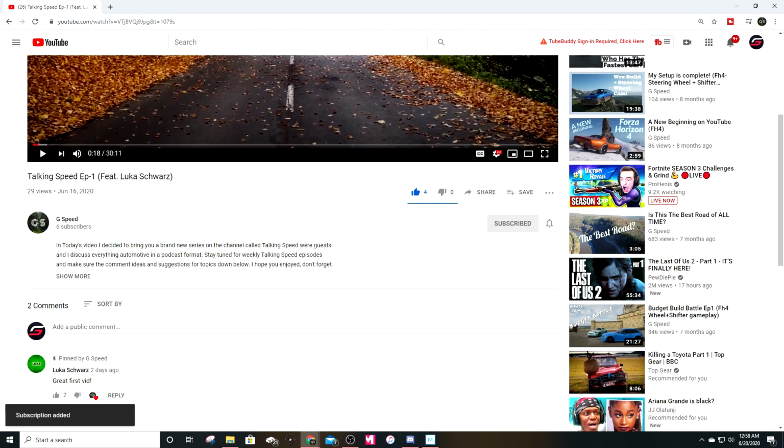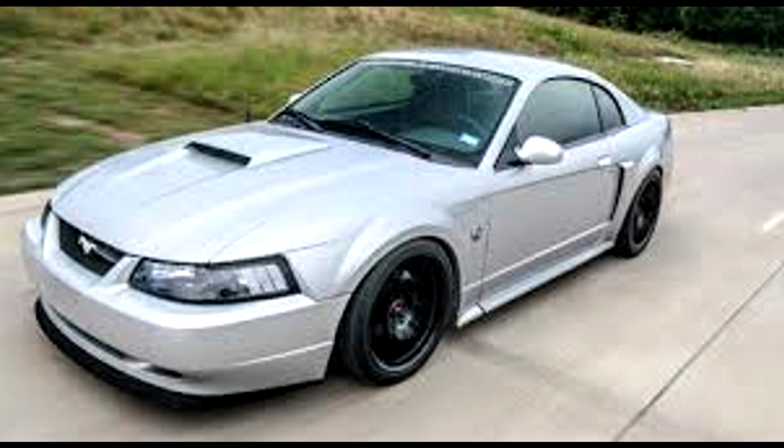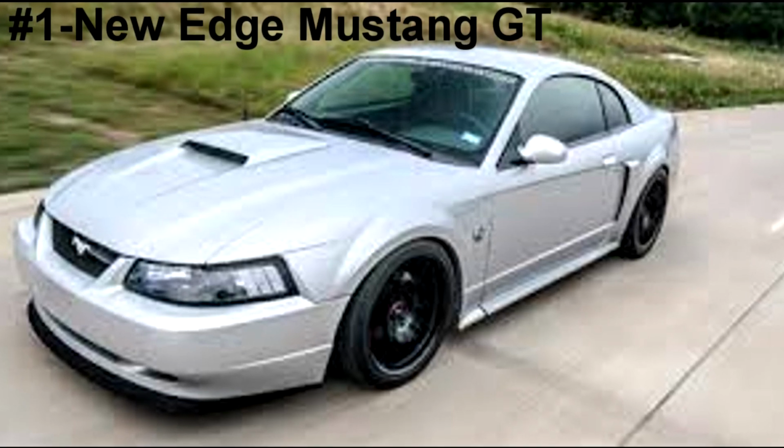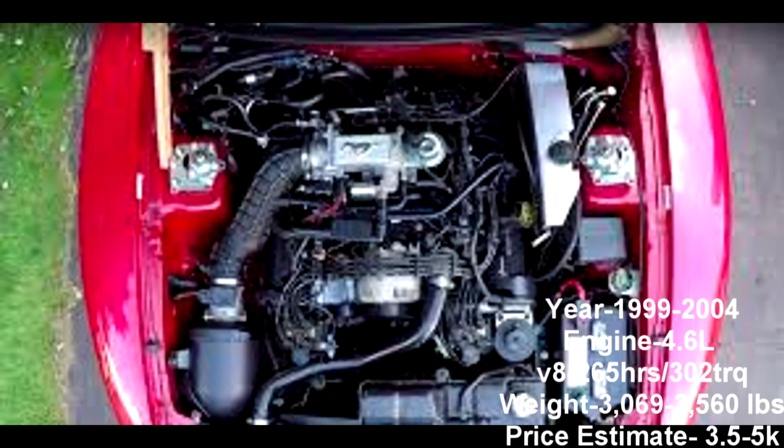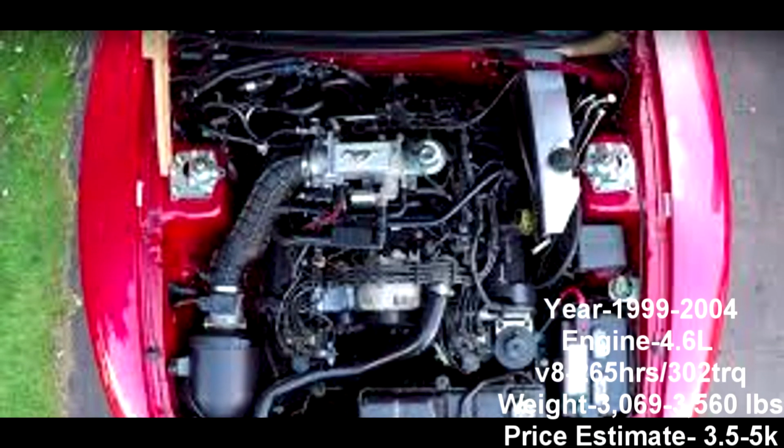And without further ado, let's get right into it. Now starting us off, we're going to have the new Edge Mustang GT. This is going to be from 1999 to 2004. You're going to want to make sure that you get yourself the GT so that you have the